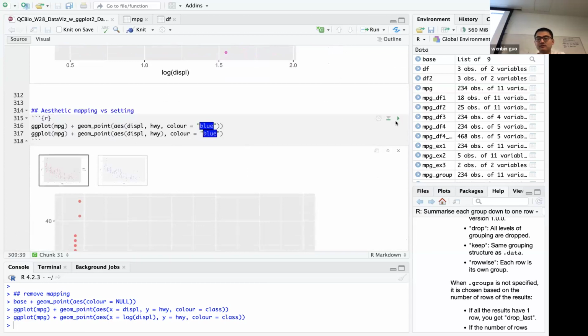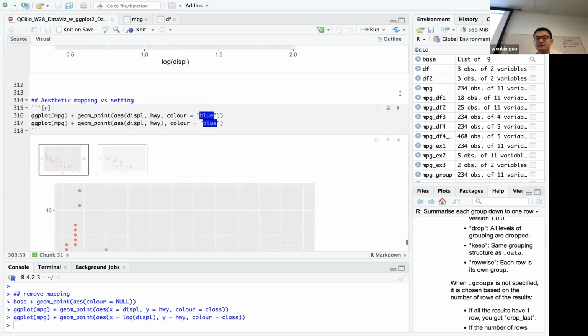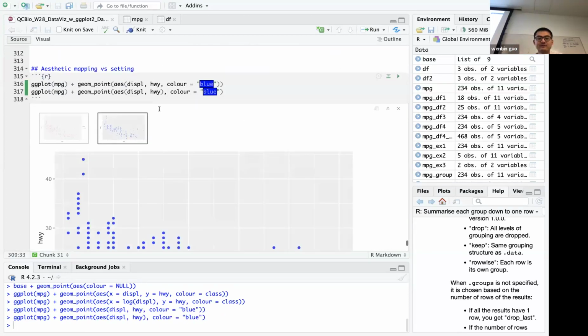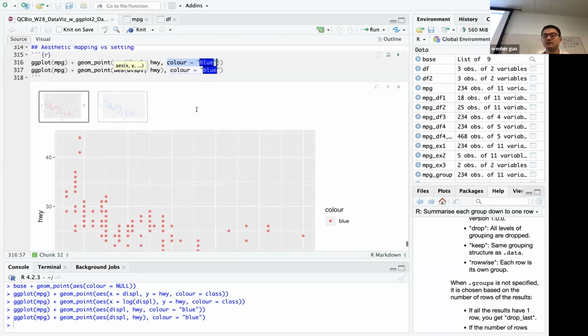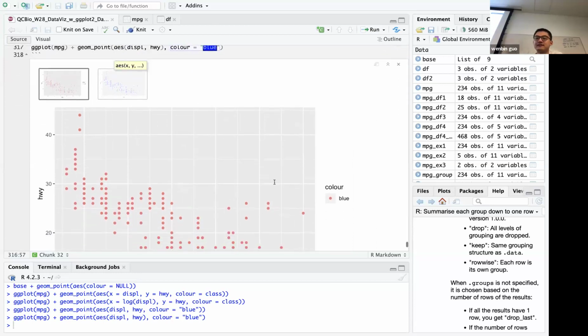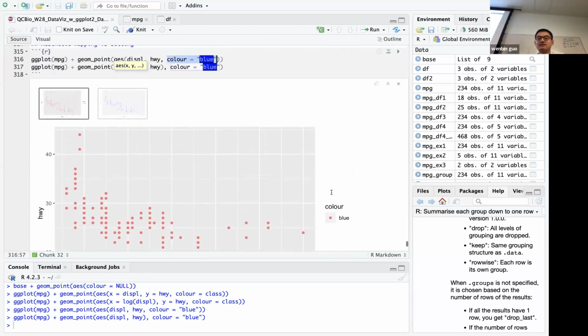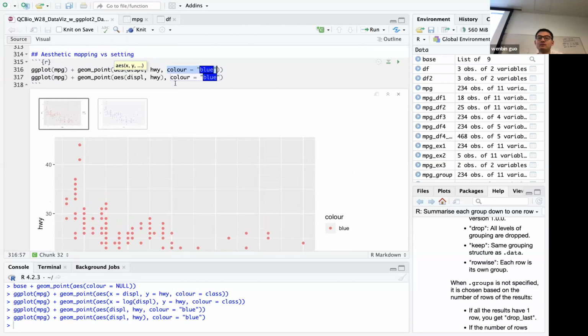So another interesting part about the aesthetic mapping and setting, if you are confused about the slides, maybe these 2 lines of code can solve some questions. So first of all, if we set the color to be a constant and put it inside the aesthetic mapping function, although we set it to be blue, somehow the color is still showing as red. The reason is that when we set